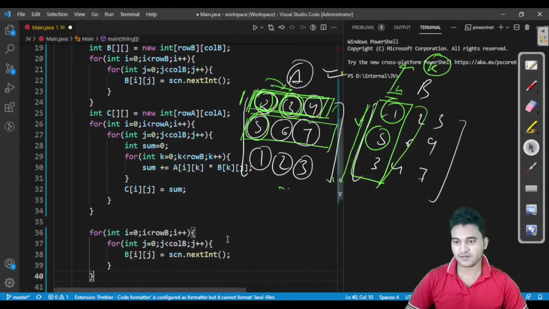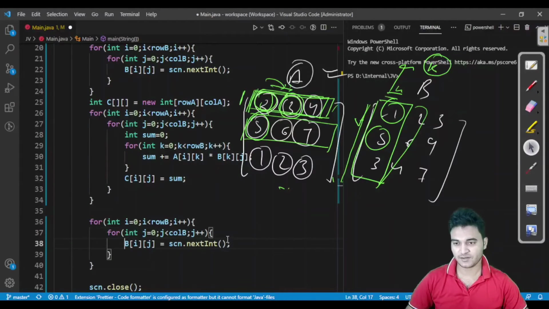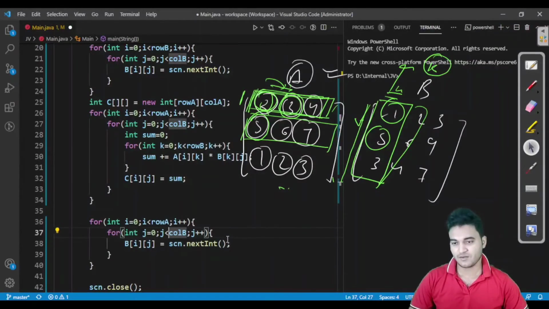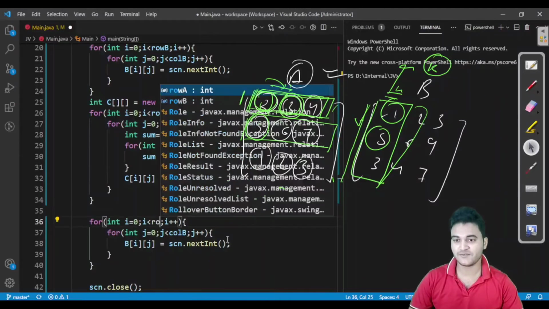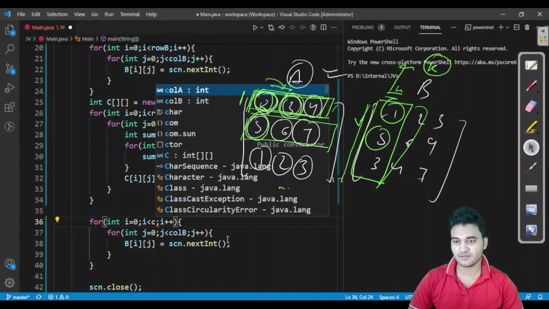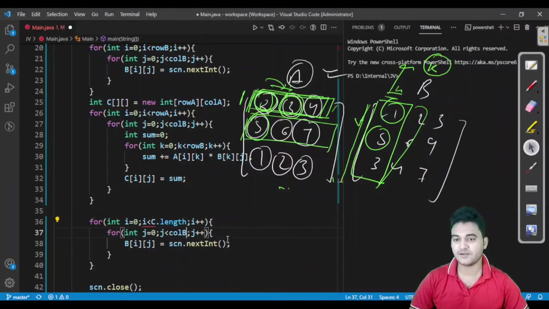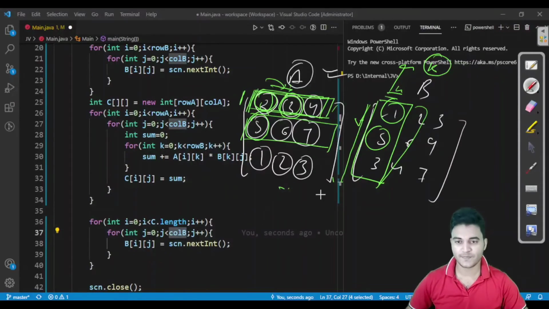We have to write a nested loop, either like here what I am doing, the row size of A, or we have one more method. Let us say you have to calculate the length of an array. For that we have a length variable, where this is the array name, c dot length. Fine. And what this length will do, let us say you have this array, it will give you the size of rows, how many rows are there.